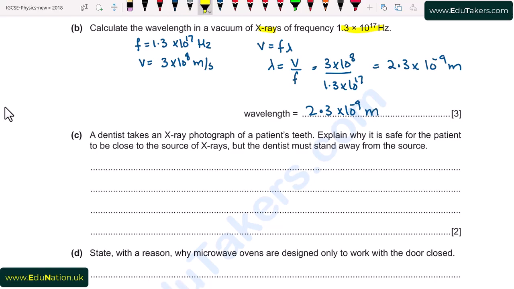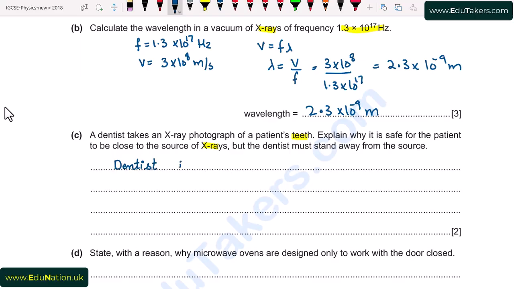Part C. A dentist takes an X-ray photograph of a patient's teeth. Explain why it is safe for the patient to be close to the source of X-ray, but the dentist must stand away from the source. It is because the total dose on the dentist could be much higher over time. And the second one is that the dentist is exposed to X-rays often. So I write here